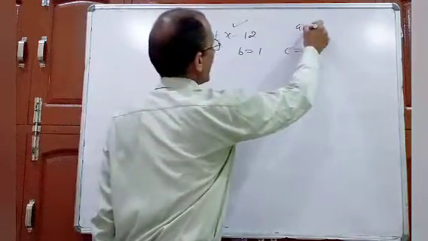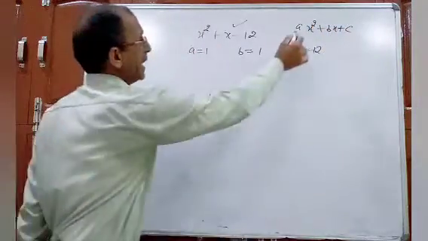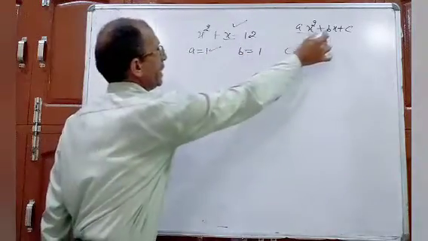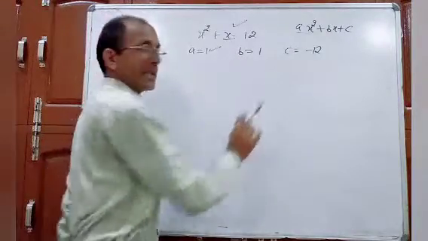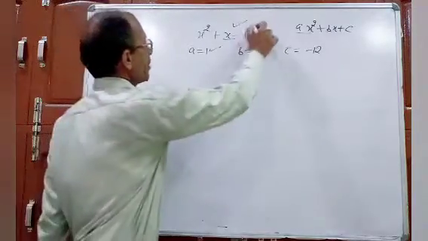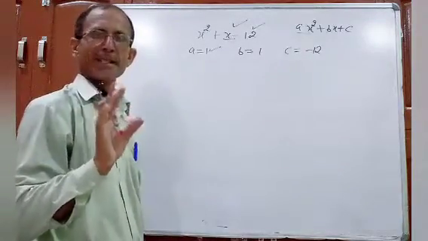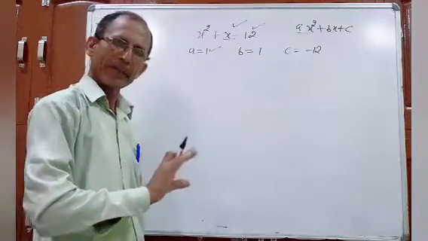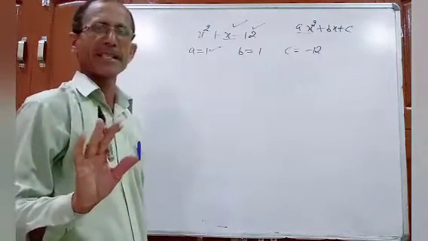The form you know, ax square plus bx plus c. Coefficient of x square, it means a is 1. Coefficient of x, b is 1. And the constant term, without variables, is called a constant term. Constant term means unchangeable. It will remain as it is. The value of x can be changed, so these are called variables. And those will remain as they are. They will never change. They are called constants. So 12 is a constant term because it will remain as it is.